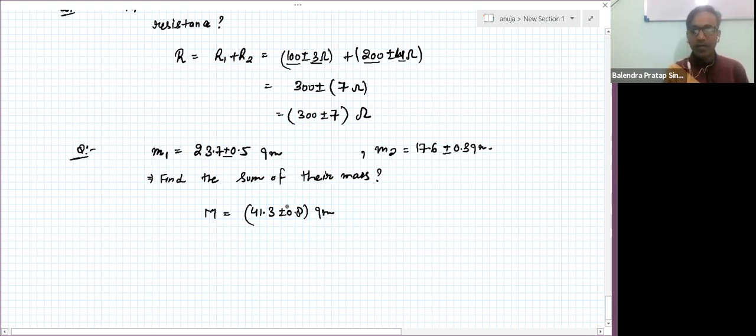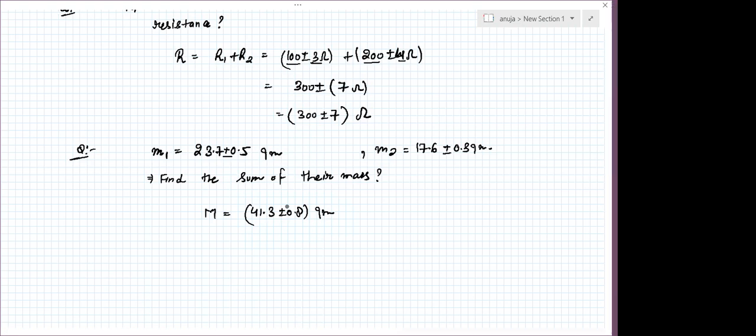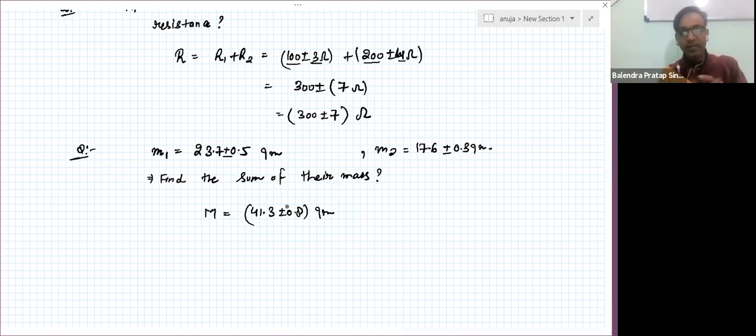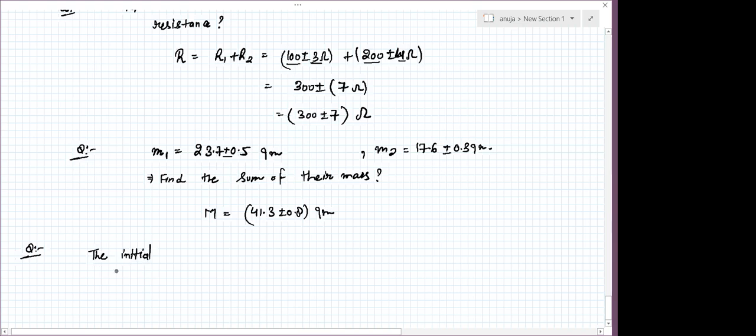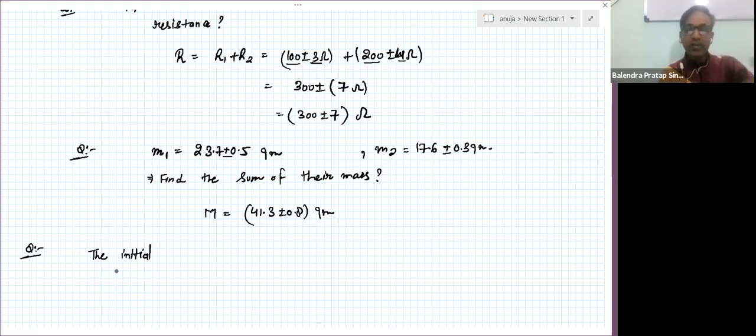That's why we are doing some problems. It's a very new kind of representation for you, with true value plus minus error value. Okay. So next, one more question I will do on this combination of either addition or subtraction. Suppose the initial and final temperature of water. Sir, one question: how will we know that we should use the error in difference of two quantities formula or the sum of two quantities formula? Okay, that's the third question which I'm giving to you.